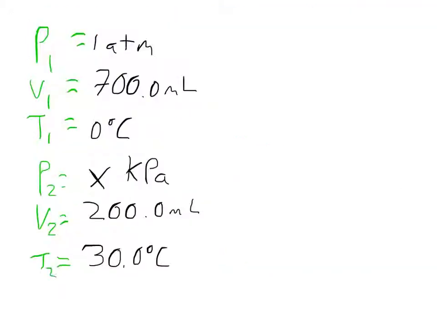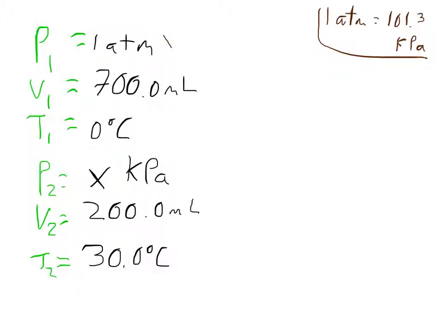If you look at the variables very carefully, you should notice that the pressure 1 and pressure 2 are in different units. If we're trying to solve for pressure in kilopascals, it'd be wise to change pressure 1 into kilopascals as well. You should already know that 1 atmosphere is equal to 101.3 kilopascals. We're going to use what we know here, and what we're going to do is